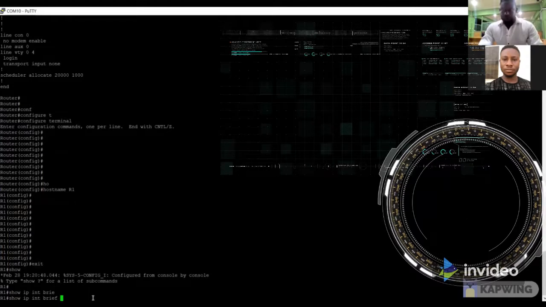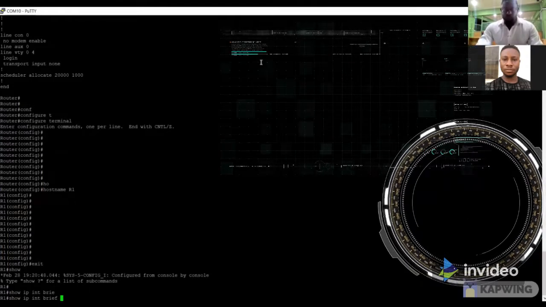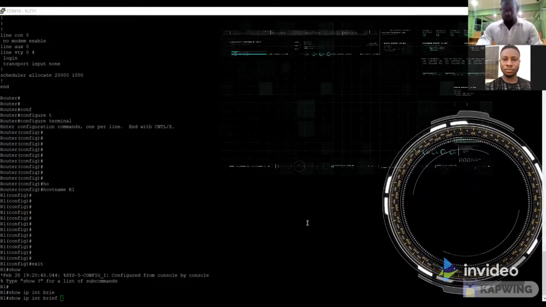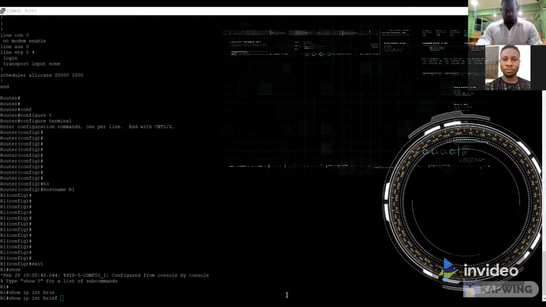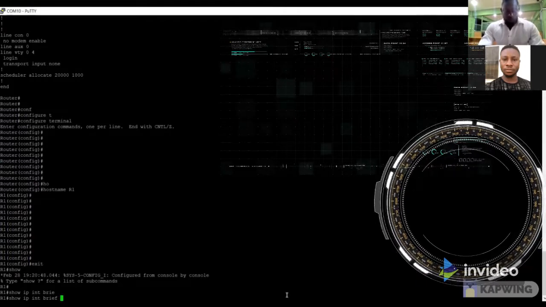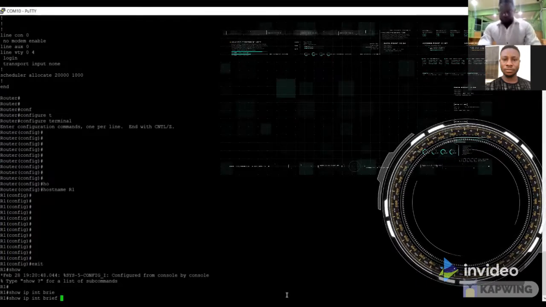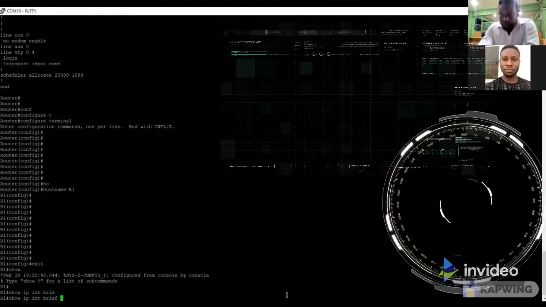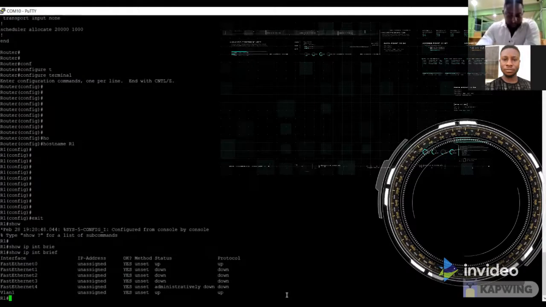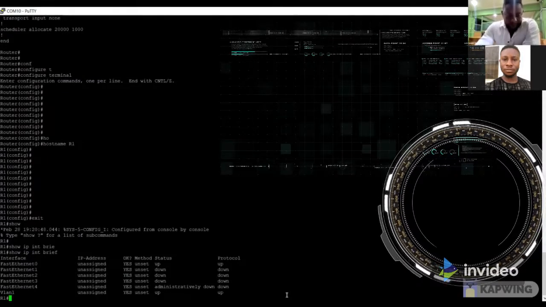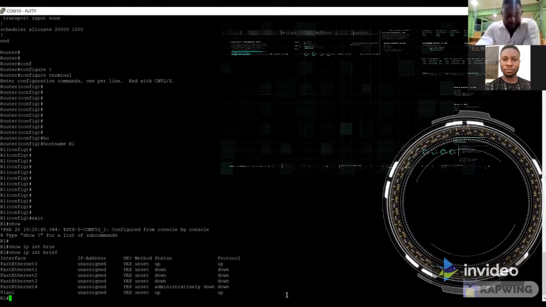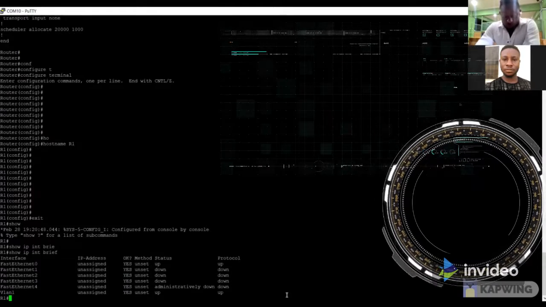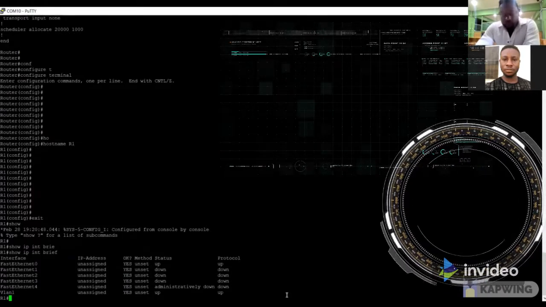This will display all the interfaces. As you can see, the interface we have here is FastEthernet 0/1, IP address not assigned,